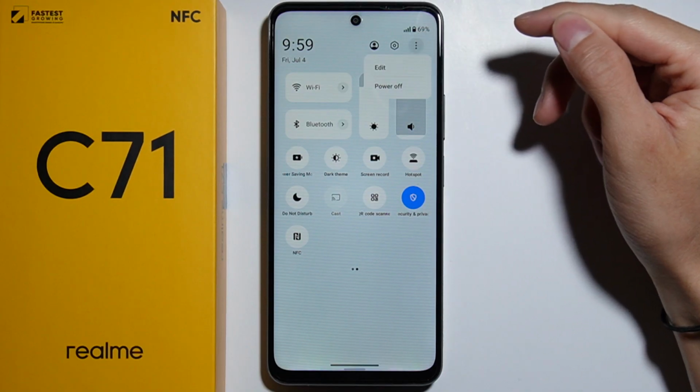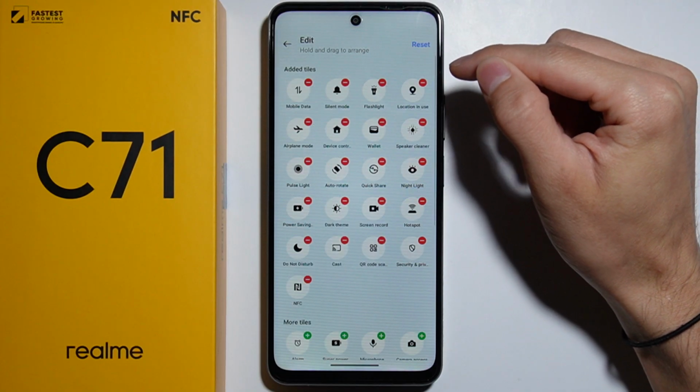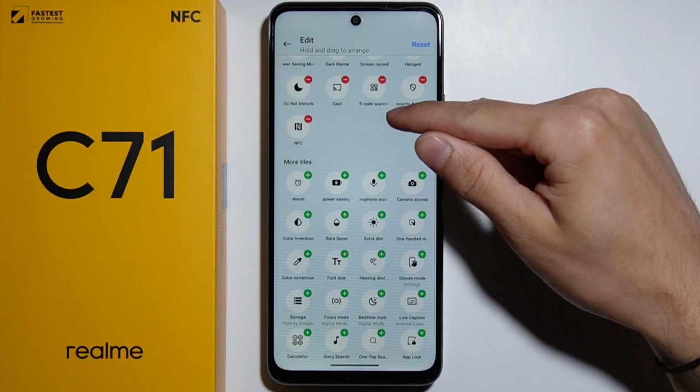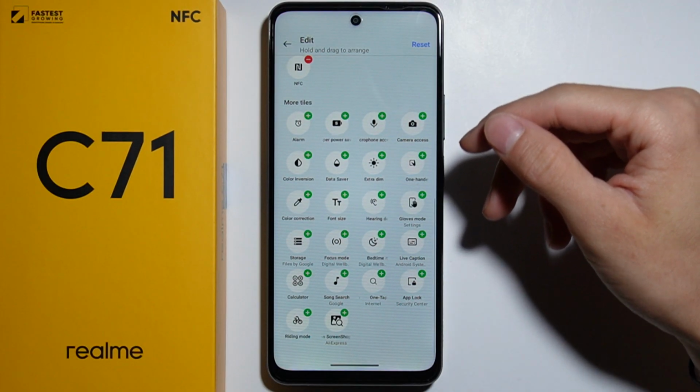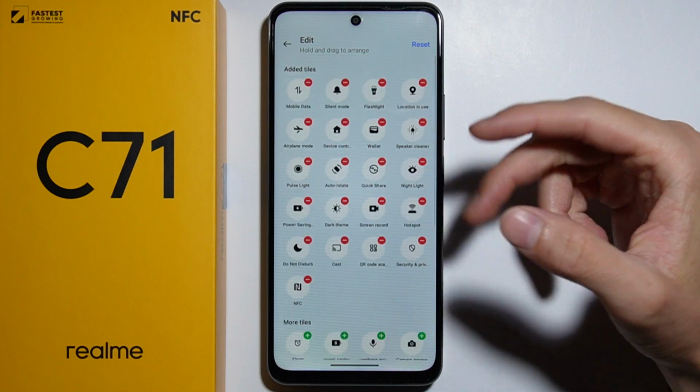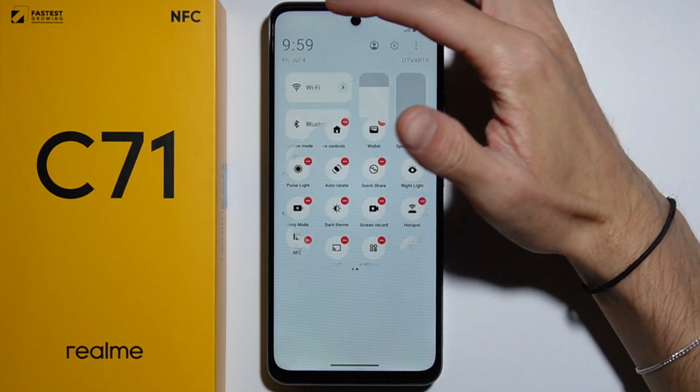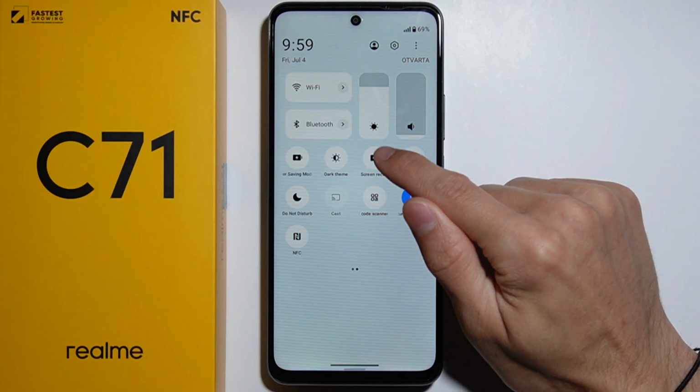And in case you cannot find it, press three dots on the top right corner and go for edit, and right here take a look for more of these tiles and find yourself this screen recorder. But if you're having the screen recorder just right here, you are able to just press this button to record